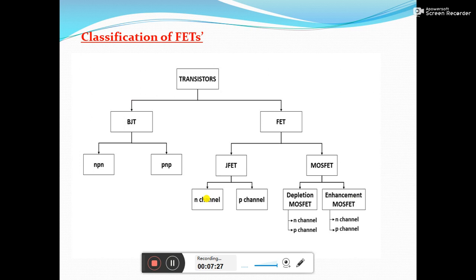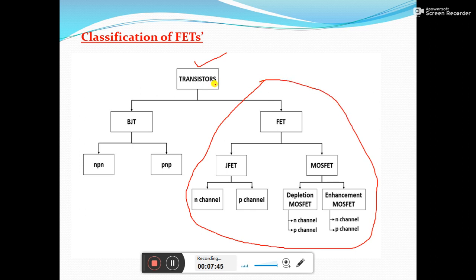Next is the classification of FETs. Here I have shown the classification of transistors basically, but in examination if you are asked to write the classification of FET, then you can simply write this chart. But here I have given the brief classification of transistors, including bipolar as well as unipolar junction transistors. So here the first class is BJT, bipolar junction transistors. Here the current conduction is due to both holes as well as electrons, and they are again classified as NPN and PNP transistors.